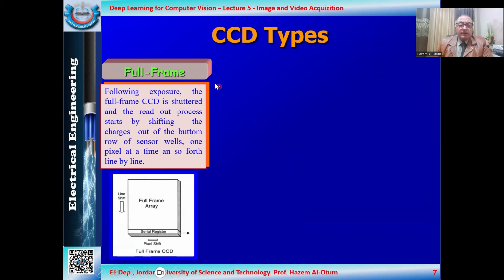As we said before, we have mainly three types of CCD cameras. The first one is the full frame. In the full frame, this is the chip. Let's have a look at the chip. This is our chip here, and this is the full frame, meaning the front of the chip itself that is exposed to the light. And when light comes here,